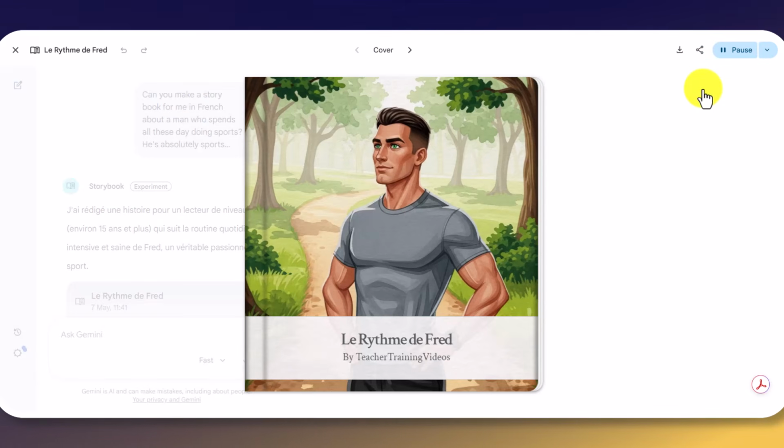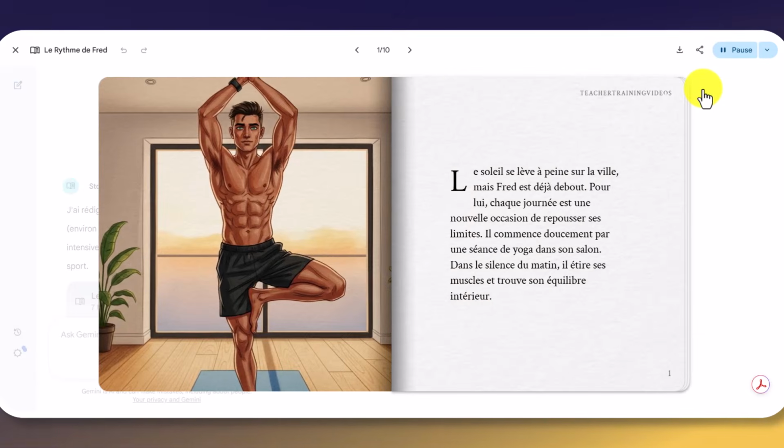Le rythme de Fred. Le soleil se lève à peine sur la ville, mais Fred est déjà debout. Pour lui, chaque journée est une nouvelle occasion de repousser ses limites. Il commence... Okay, so this is fantastic for me because I'm gone back to learning French again, and so I